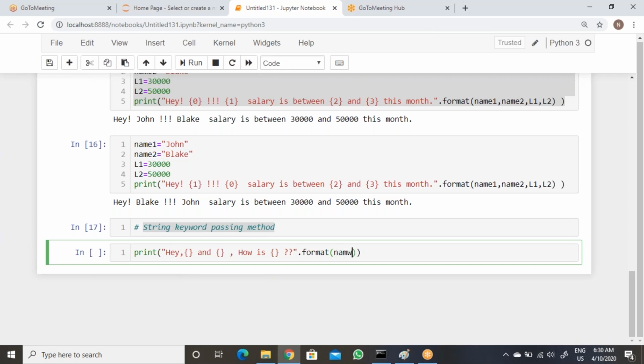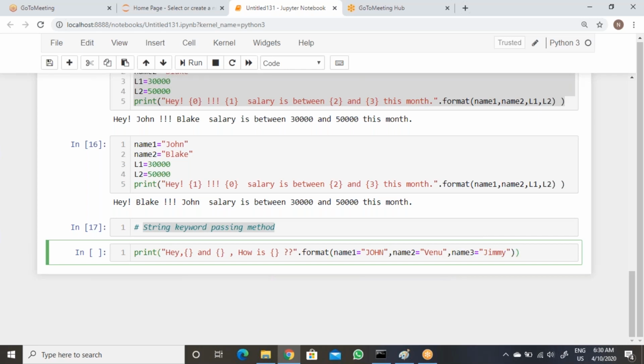Hey, then and you can take it to, then how is, then like this. So now you can do format method, format of, then you can say directly keyword you can pass.